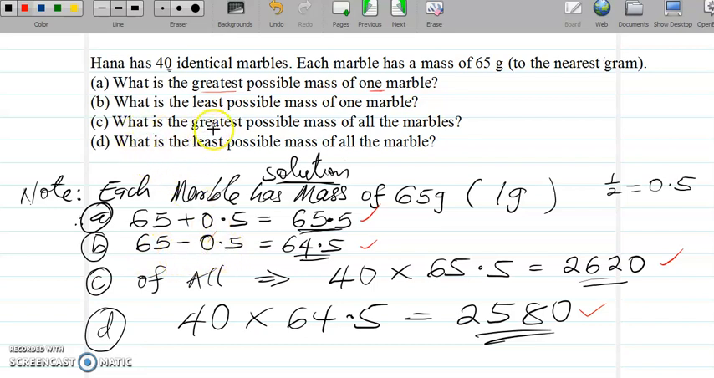Then what is the greatest possible mass of all? If all are 40, we have 40 in all. So 40 times this is the greatest possible mass of all, and the least is 40 times this. So that's how we